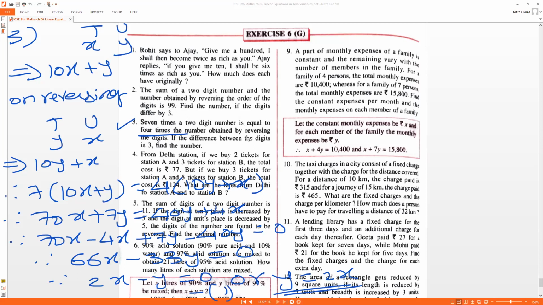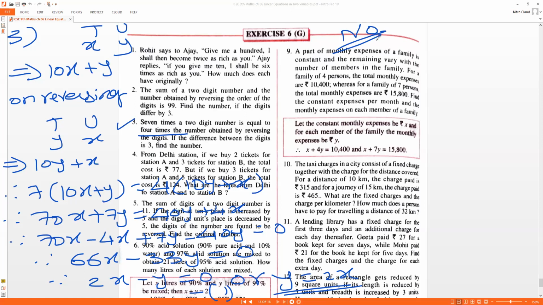Now, again, they differ by 3. Here again, do you really have to think? Yes. Here you have to think. Can you write x minus y or y minus x? Both are same? Sir, x minus... No, no, no, no. Why?